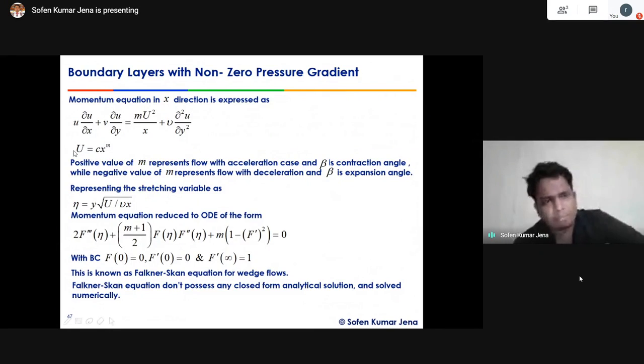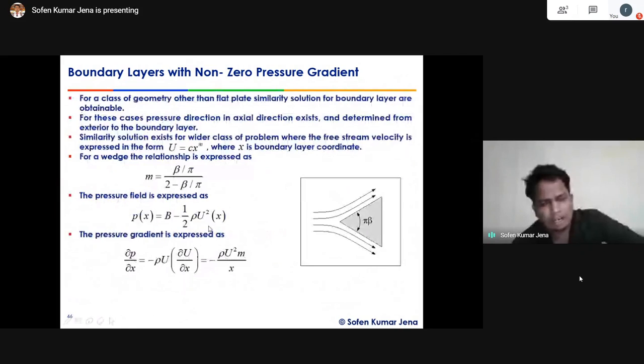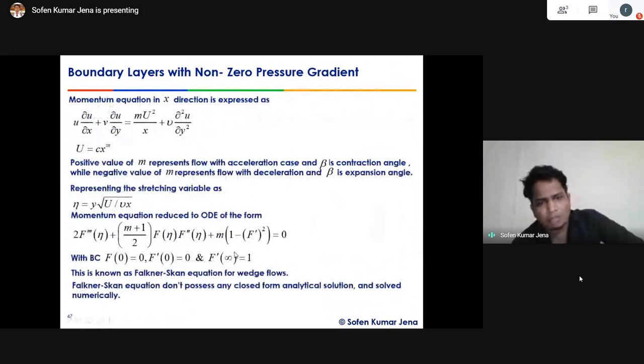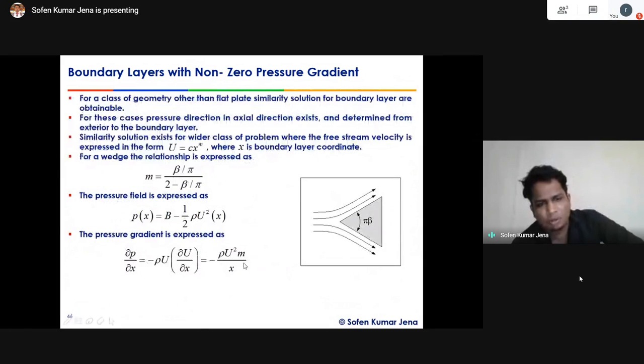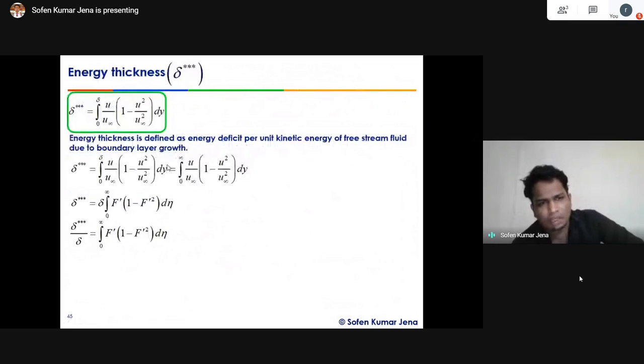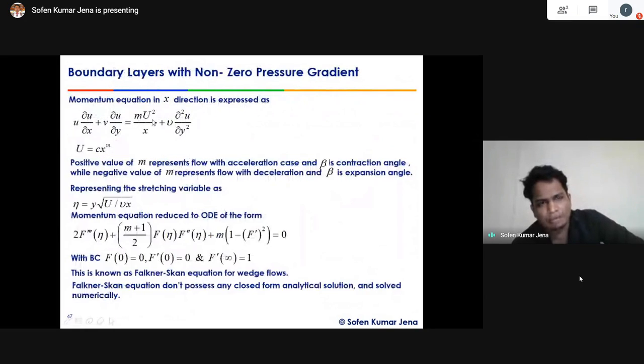In the x momentum equation for flow over a flat plate, we have the Navier-Stokes equation where the pressure gradient term is equal to 0. Here for a wedge shape, we have an additional pressure gradient term, minus del P by del X. If I move it over, the minus becomes positive. So rho del P by del X, divided by rho, becomes m u square by x, plus nu into del square u by del y square, where u is equal to how much?